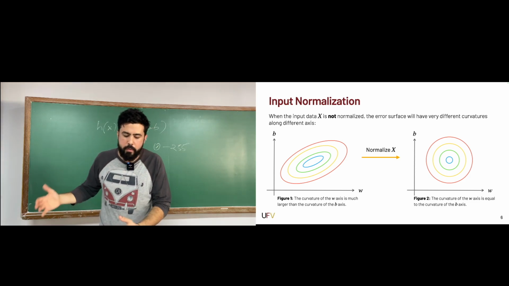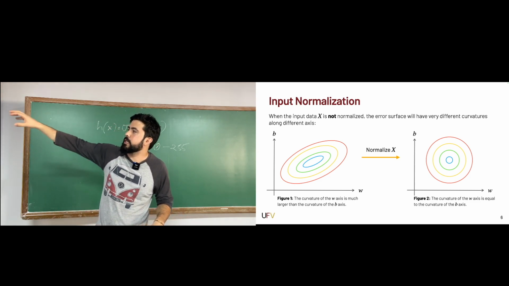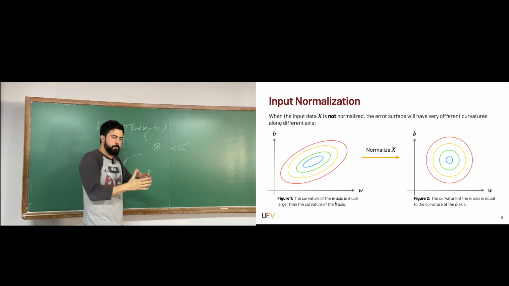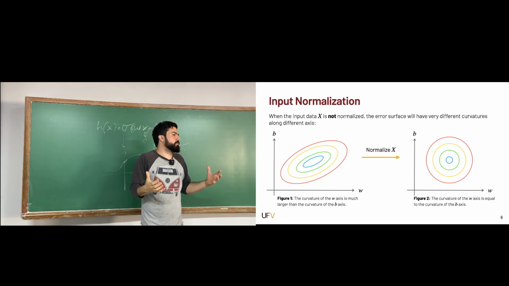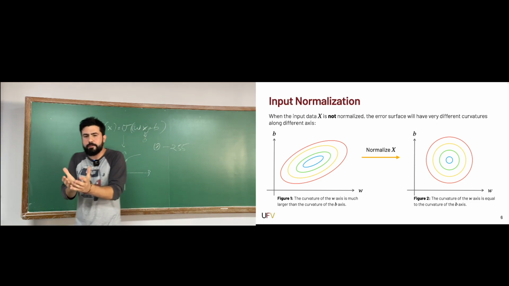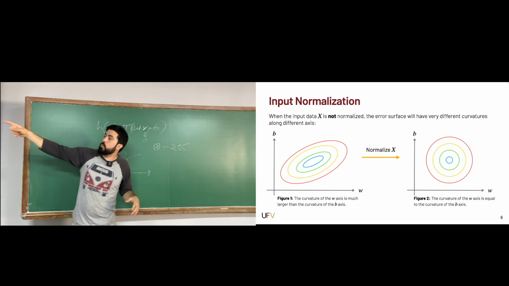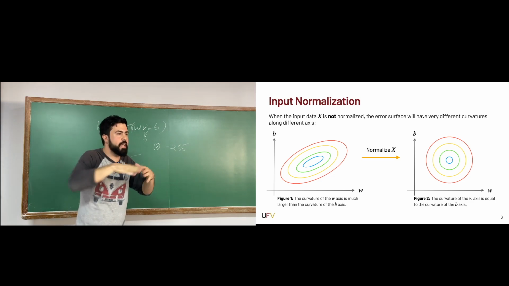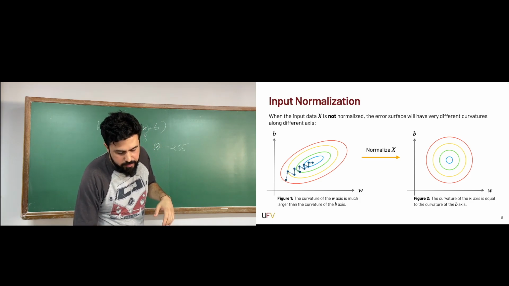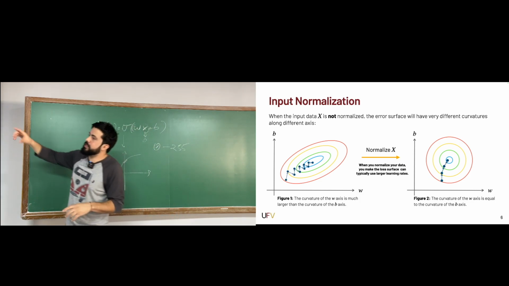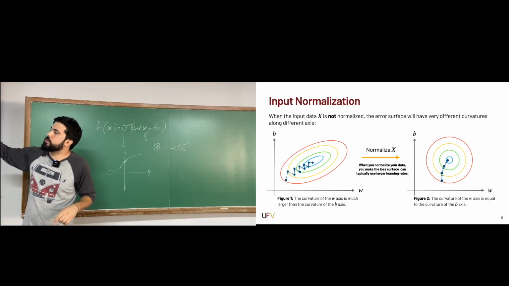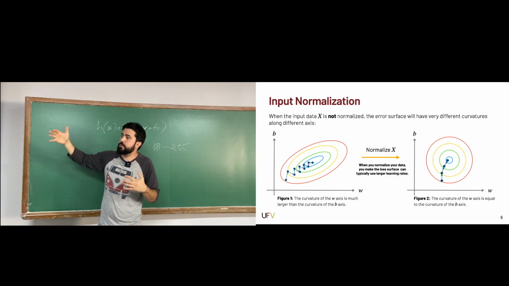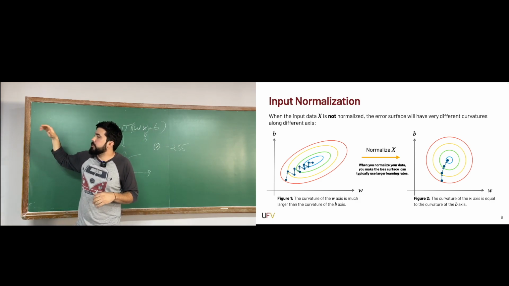And in consequence, what that does to us, so first of all, normalizing the data makes the error surface much easier to optimize for. Because it's this more well-defined shape, whereas when you have those ellipses there, it's a little bit more tricky to navigate on that surface. Okay? So in practice, what happens is you're going to need more steps to optimize your loss function in the left case where your data is not normalized,